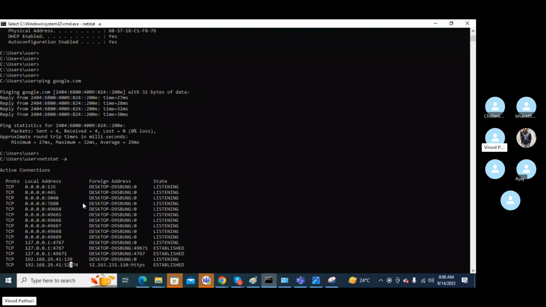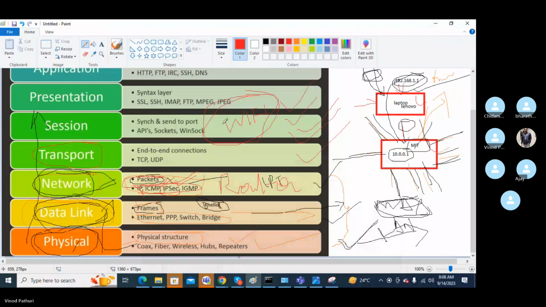Okay. So how many ports are there in total? 65,536 ports will be available in a system. Like in this laptop, we have 65,536 ports.